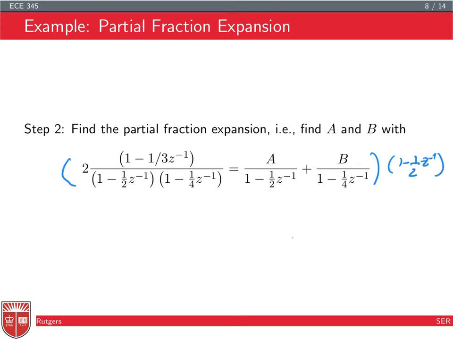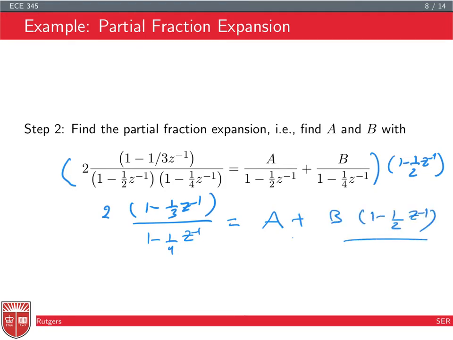So what do I get? Here this thing cancels out, so I would get 2 times 1 minus 1/3 z minus 1, over 1 minus 1/4 z minus 1, equal to A, so A is now singled out, plus B times 1 minus 1/2 z minus 1 divided by 1 minus 1/4 z minus 1, okay? Now, how can I cancel out B? If I want to cancel out B, I can take this term to be equal to 0,